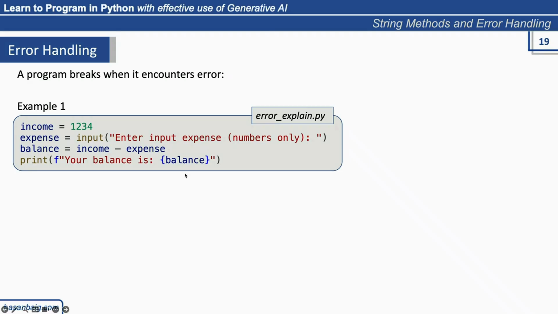So look at this code here. I tried to create an example based on your mini projects that we carry out. So instead of taking as an input income, I just specified it here. And here I'm taking an expense as an input and performing some mathematical calculation and displaying the balance as an output. So let's say when I run this code,